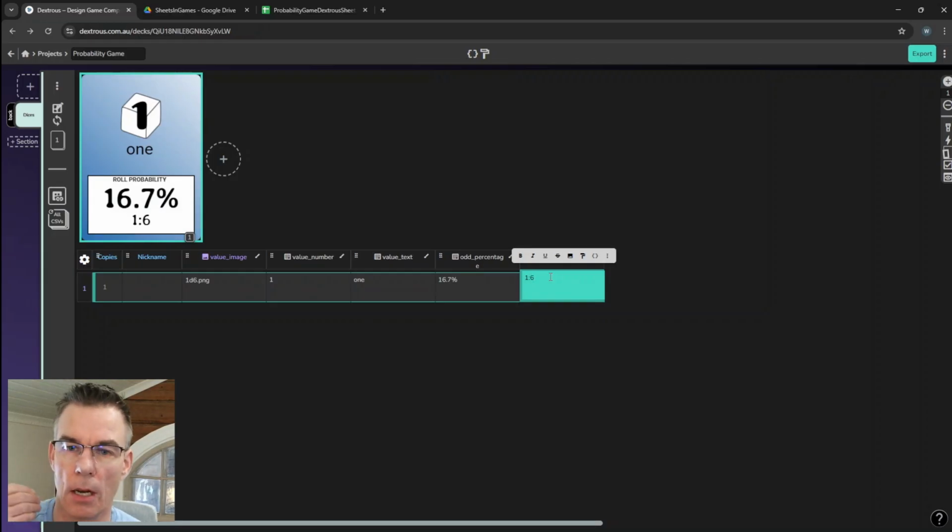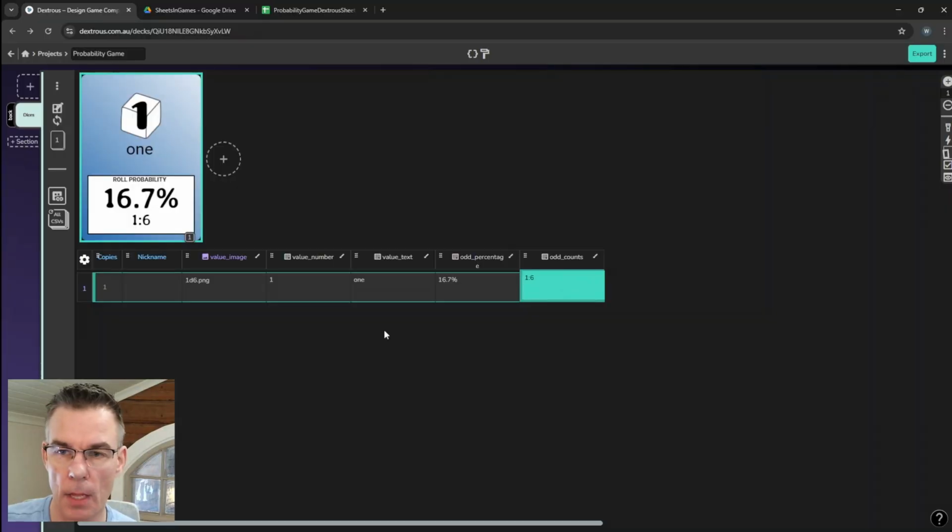I want to add probabilities and values, all the possible throws of d6 and possibly other dice. Of course, I could write it down here, but it's much more feasible to do it in a real spreadsheet application. So I want to bring this to the Google Sheets app. You can use anything else, but Google Sheets works, I think, very well with Dextros.